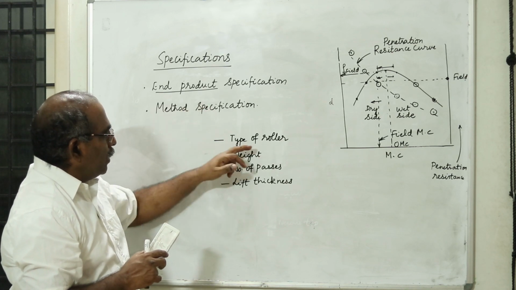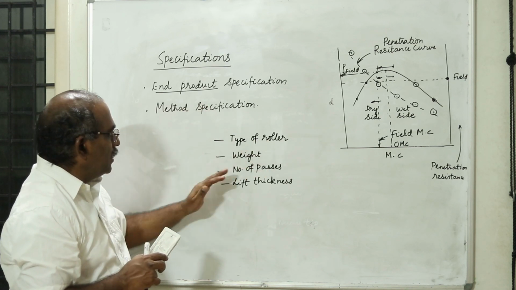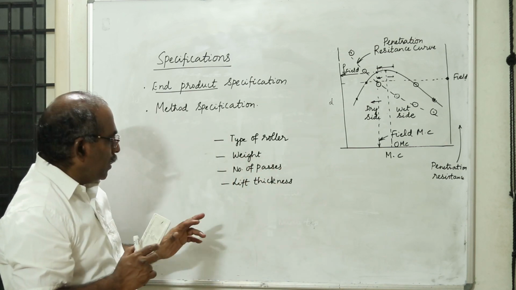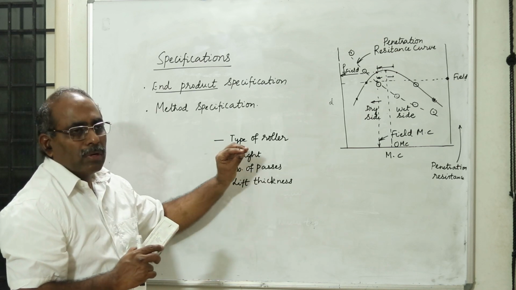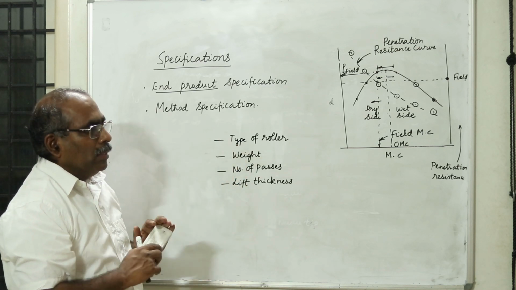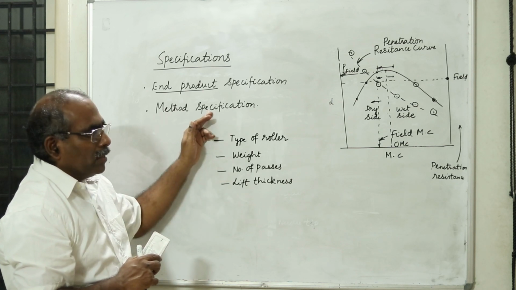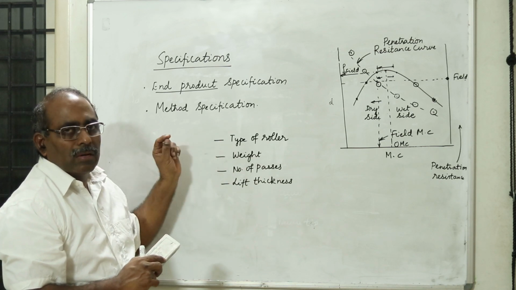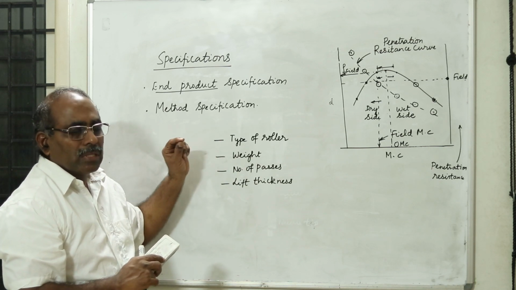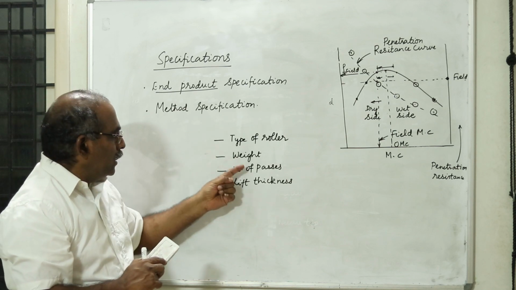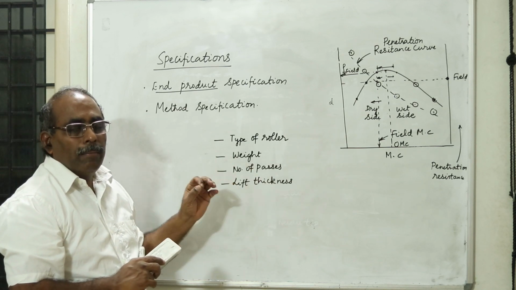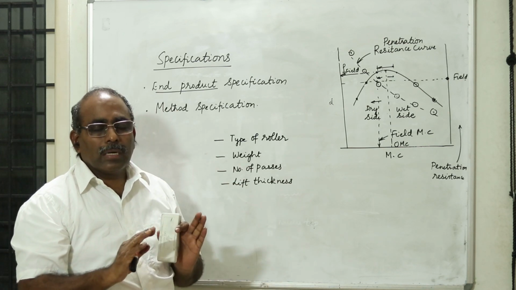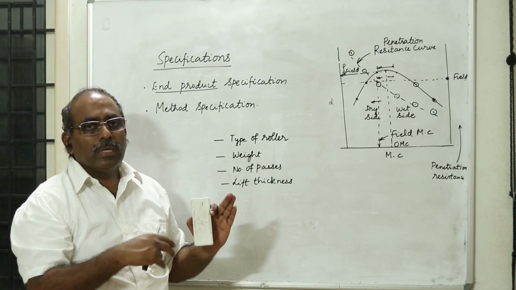According to the client's requirement, he is going to bring the requisite type of roller, the weight of the roller, then the number of passes, 8 passes has to be done. He will do 8 passes, and he will maintain the 20 centimeter lift thickness as per the contract agreement. Finally, on the client side, one engineer is going to check whether the required density is achieved or not. If the density or the moisture content has not been achieved, then they have to tell the contractor to do it further, but the contractor has to be paid an additional amount. It's very, very essential. The contractor does not have any obligation to do extra, therefore he is going to be paid.